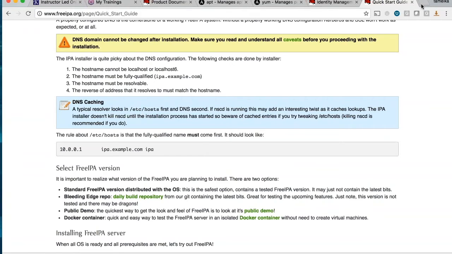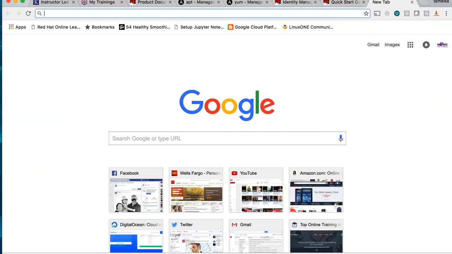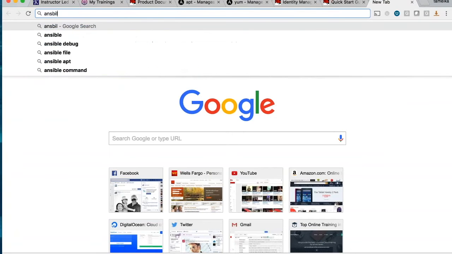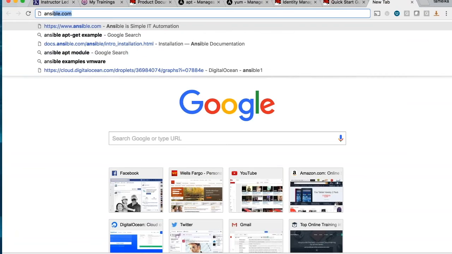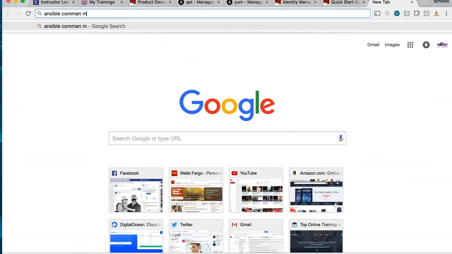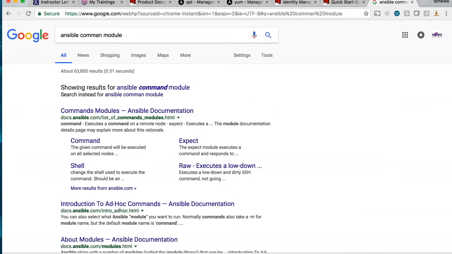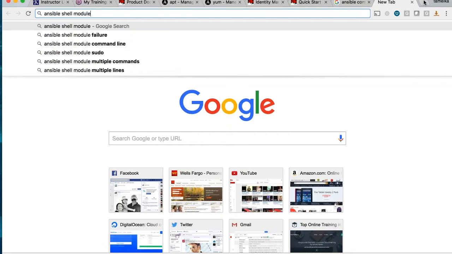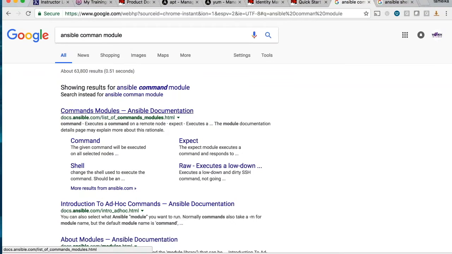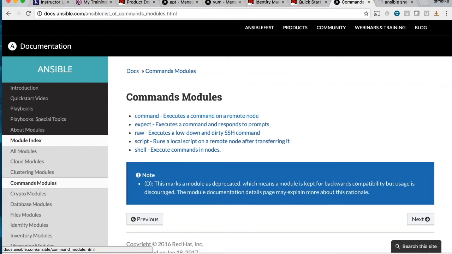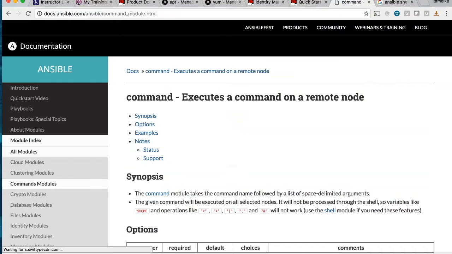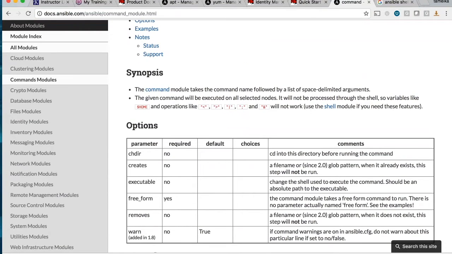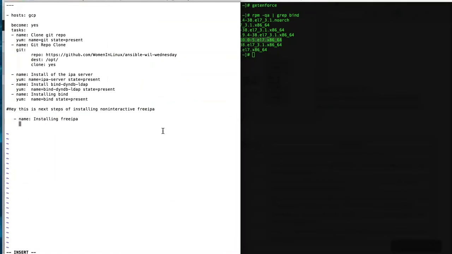And now here's where we're going to differ. There is a module inside of Ansible called the Ansible command module. And the other one is the Ansible shell module. Okay, so let's look at the command module. The command module basically lets me come in and I can do this. Let me show it to you better. I can just say command and I can say